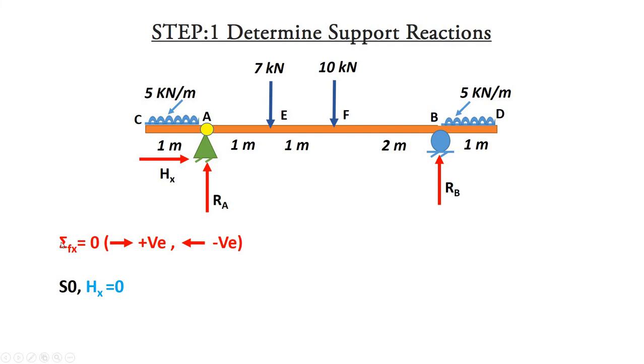Now let us determine reactions. This is our equilibrium condition. The algebraic sum of all forces in the x direction is equal to 0. Here right side is positive, left side is negative. Here we have only one horizontal force, right? So we don't have any other horizontal force. So the horizontal reaction at A is equal to 0. Next,